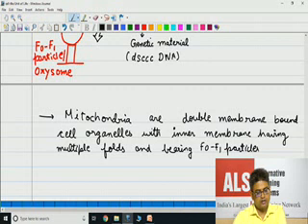Okay, they look like a tennis racket. F0-F1 particles